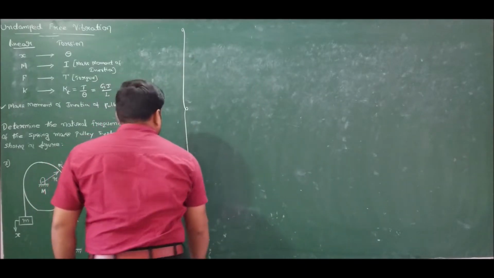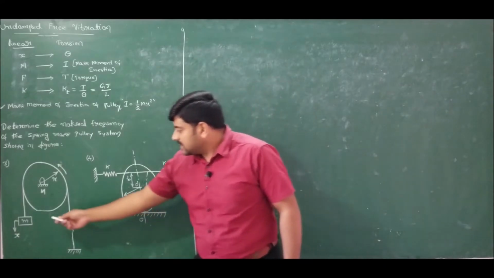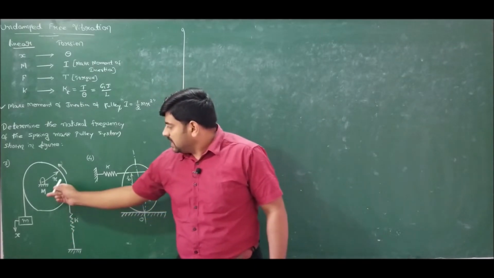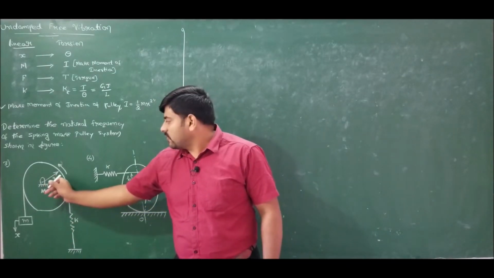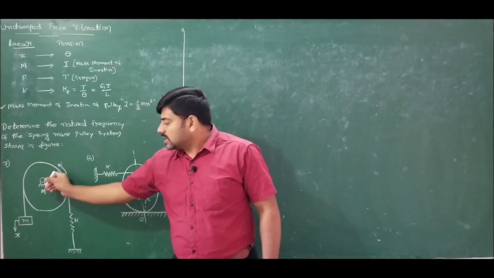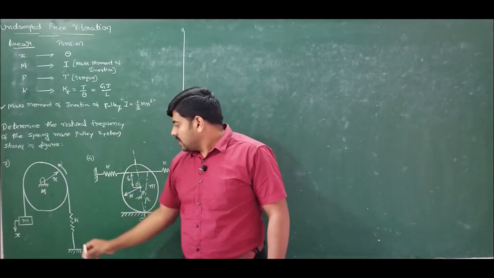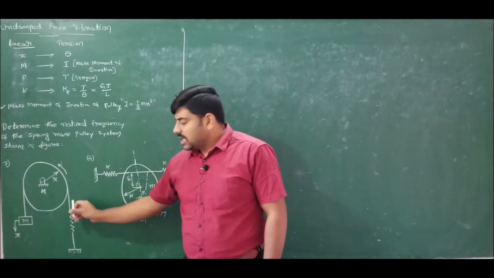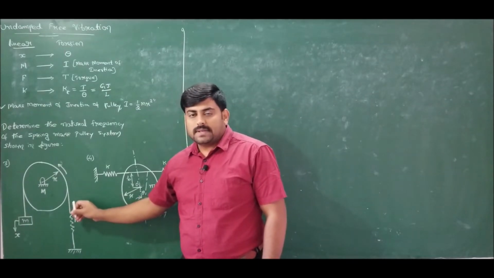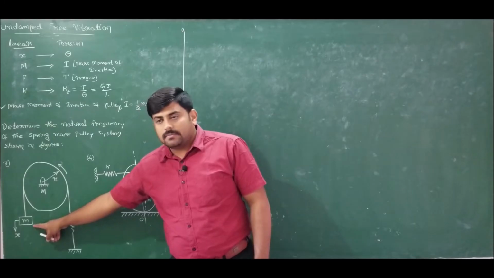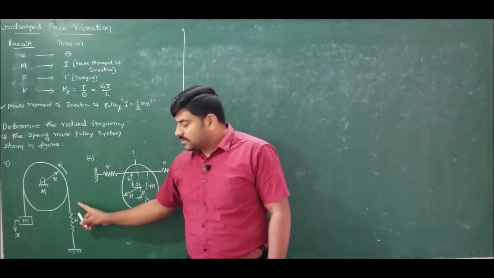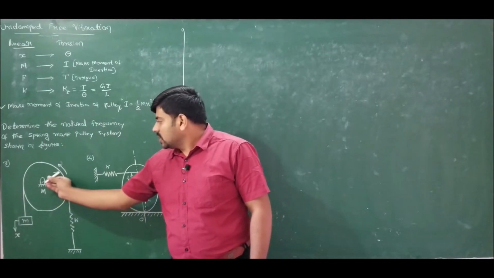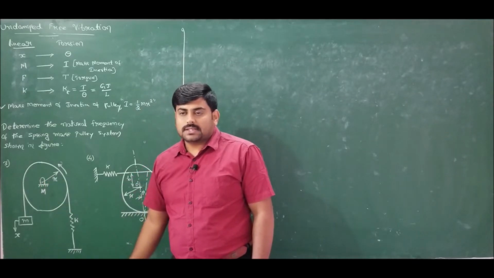With this, let us solve problem number 3. The small mass m is linearly displaced by an amount x, correct? Whereas the pulley is subjected to torsional deflection. So it will be deflected torsionally, making an angle theta. This spring, which has a stiffness K, is in tension. The spring will elongate by an amount equal to the displacement of mass m, that is x, whereas the capital mass M, the pulley, will be subjected to torsional deflection theta. Am I correct?